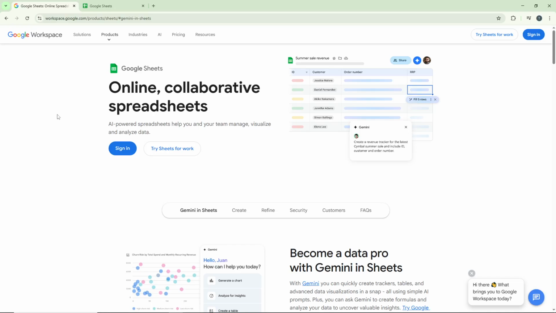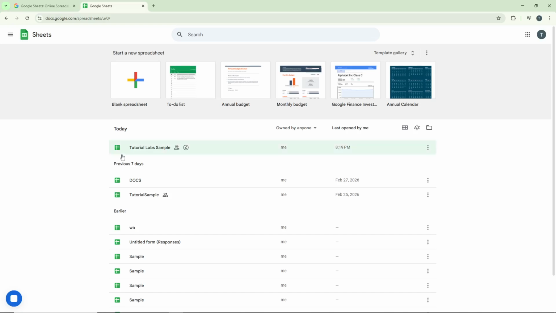Let's get started. First, you'll want to navigate to workspace.google.com and log in to your account. Make sure you're using the correct credentials associated with your Google Workspace. Once you're logged in, you'll be taken to your Workspace dashboard where you can see all your files and recent